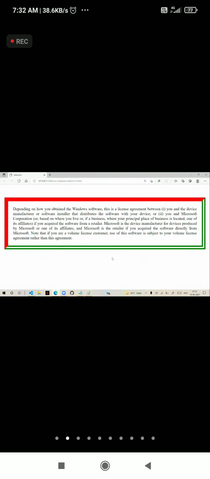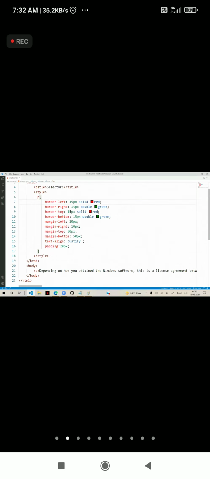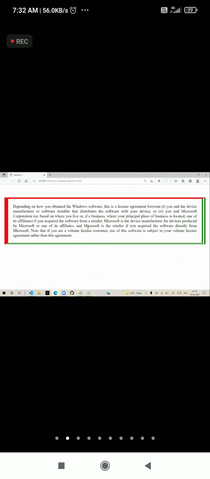You can give even right color separate, top color separate, left color separate. You can have combinations. Every border you can give individually, separate thickness also. That depends on your requirement. Suppose top I want 5 pixel, bottom also 5 pixel, then I can change the size like this. Top and bottom 5 pixel, left and right, it's depending on your requirement.